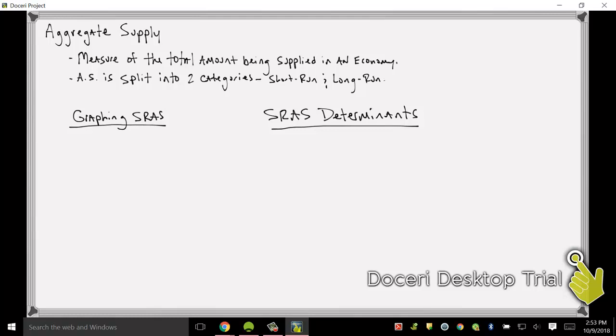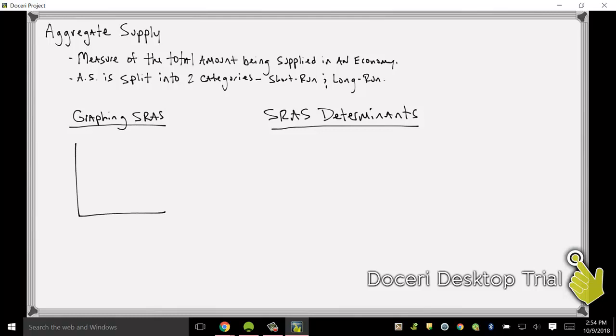And we're going to learn over the next couple of days that aggregate supply is split into two different categories. We categorize aggregate supply as short-run aggregate supply and long-run aggregate supply. And today we're going to specifically focus on just the short-run aggregate supply. So if we start with graphing aggregate supply, I am going to set up our